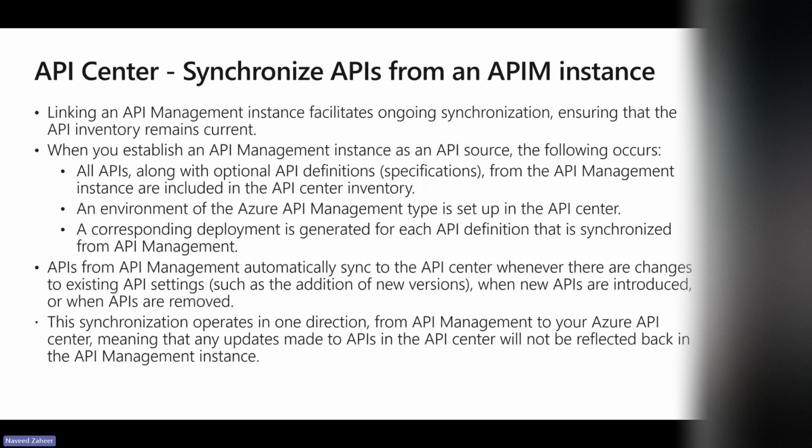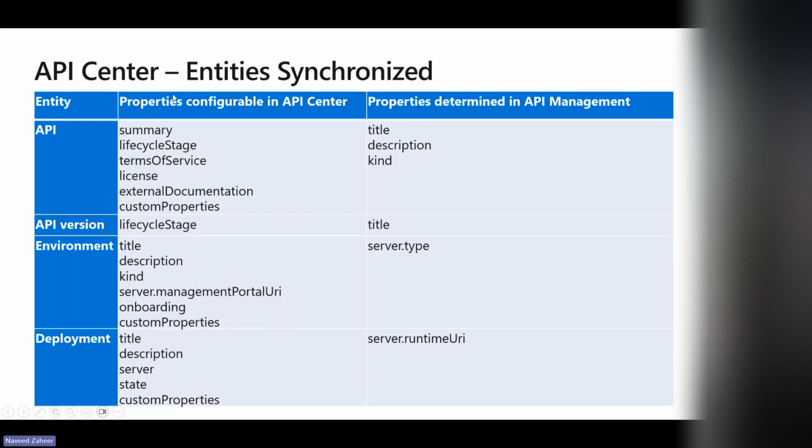Okay, so that's that. And let's talk about quickly, before we jump into a demo, what entities are synchronized? So when you are doing the synchronization, this is a quick summary of what entities come from API management. For example, API's title, description, kind will come from API management,